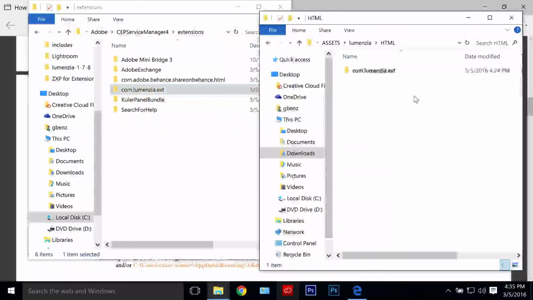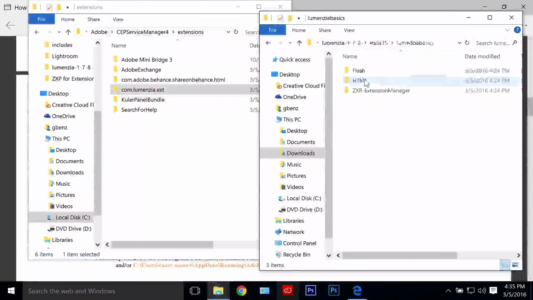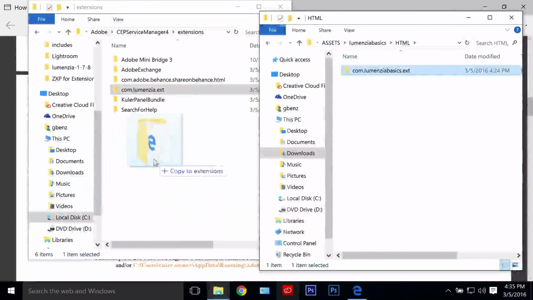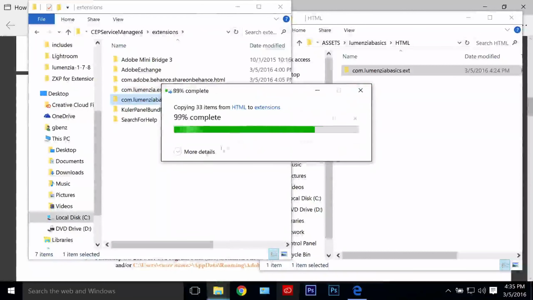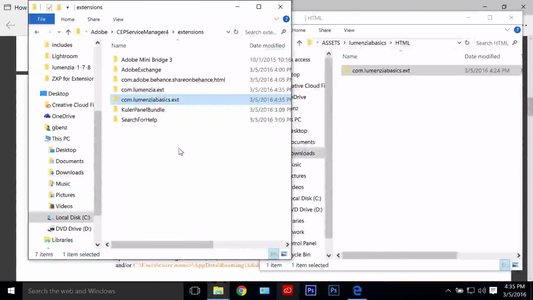Let's go ahead and install basics. So I'm going to go back to my assets folder, go to basics, go to HTML because I'm on CC, and again, make a copy. And so now I've installed both panels in here, and I should be good to go when I run Adobe Photoshop CC. If you don't see the panel open or you see any sort of error message about a digital signature, one thing to watch out for is